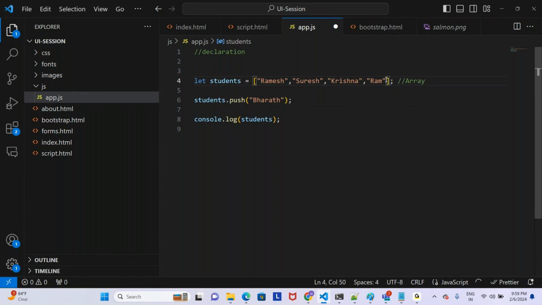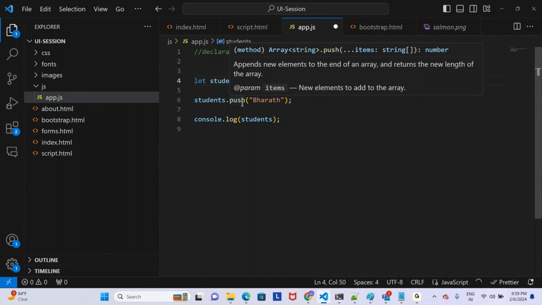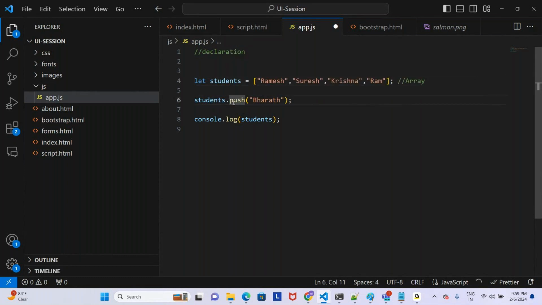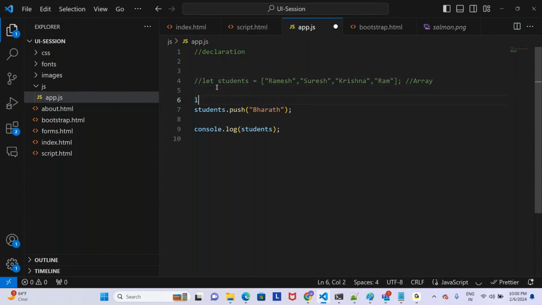You can push the values. Is that the main way to use push? Yes, this is the main advantage and main purpose of push. In real time we are going to use push many times. Yeah, many times. Now, instead of this, let students be